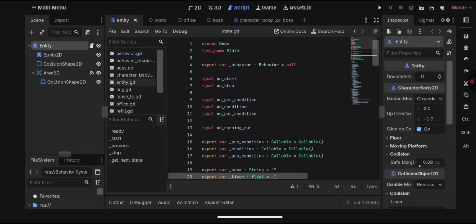But we need a bit more, how can I say this, conditions to decide which state we want to have. And since it's the next step of the idea of a state machine,